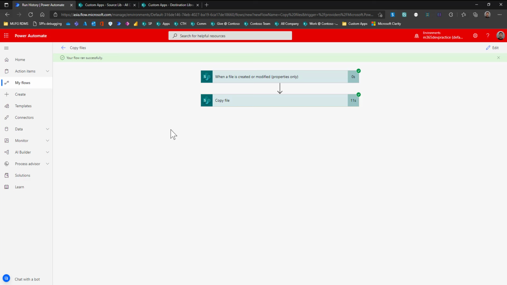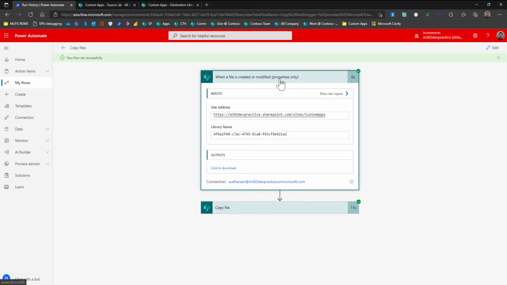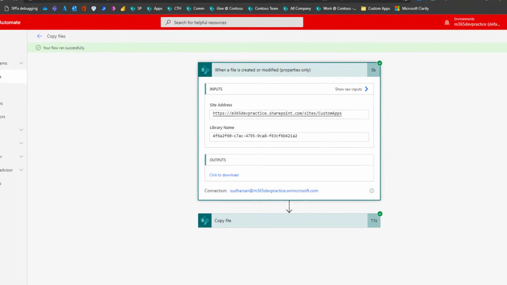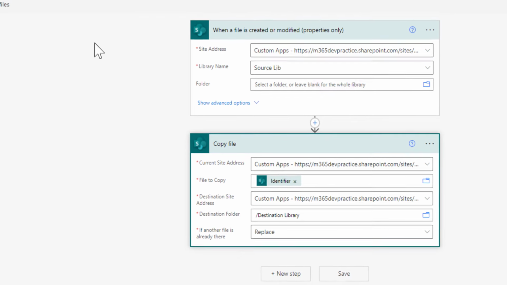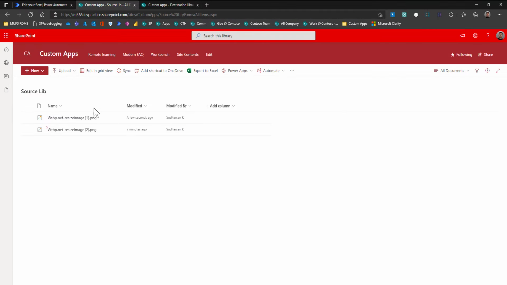There is a limitation on the trigger action too. This trigger action will be fired only on the configured folder. For example, here I have just configured the library name and haven't configured any folder, so it will fire only if files are uploaded to the root folder.